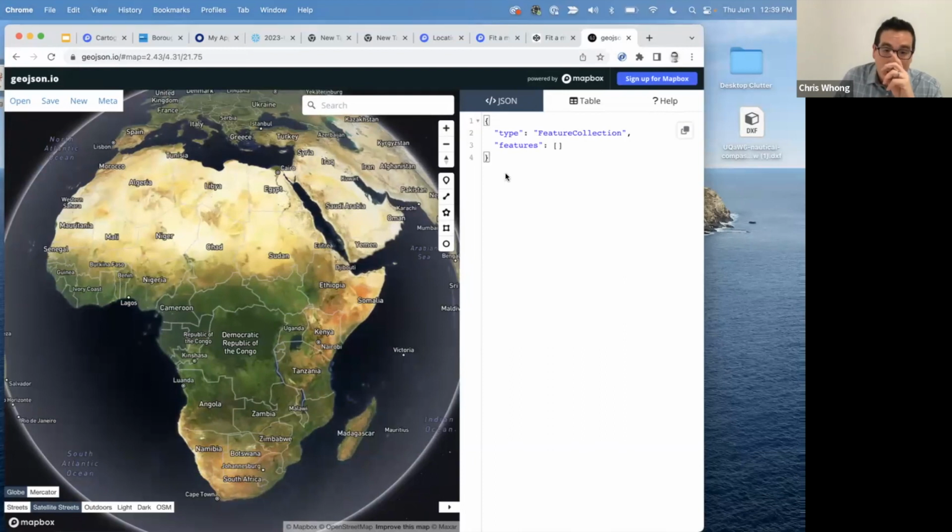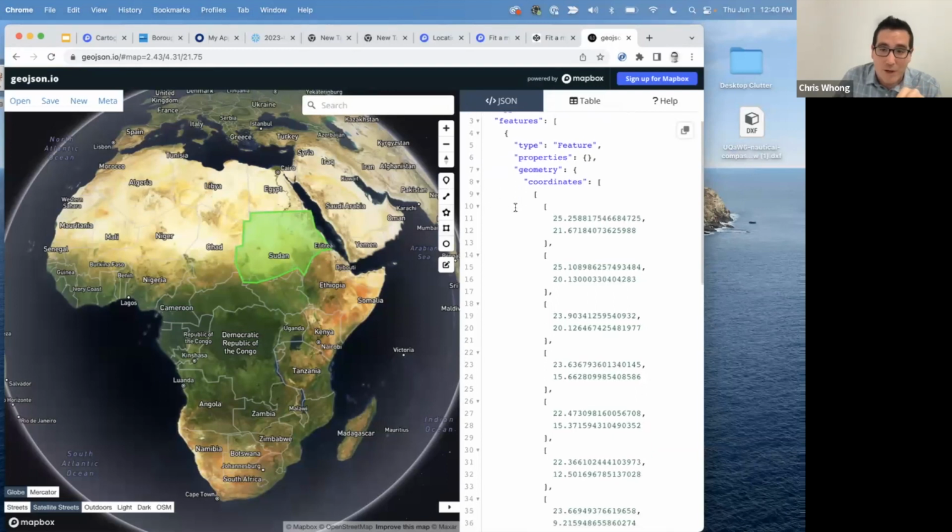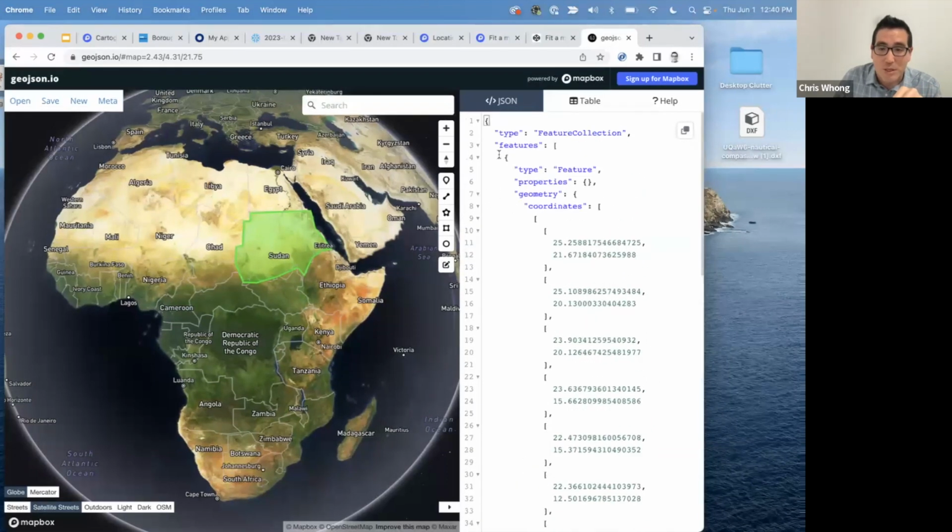editing GeoJSON. A lot of times people will start from scratch here and just use the drawing tools, and if you want to get down to the sidewalk level, you could start tracing a property, or you could just get a rough outline of a country, for example, just by clicking on the map. So this is using Mapbox GL Draw. And you can see after I close that polygon on the right here, we get this GeoJSON feature collection.